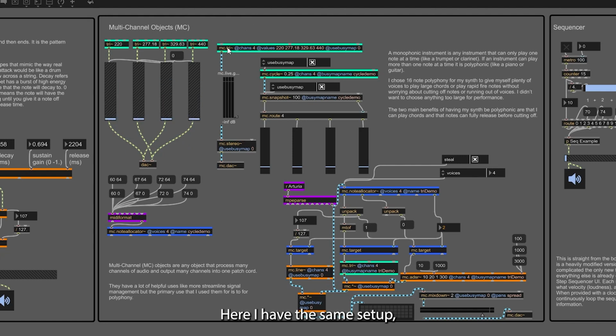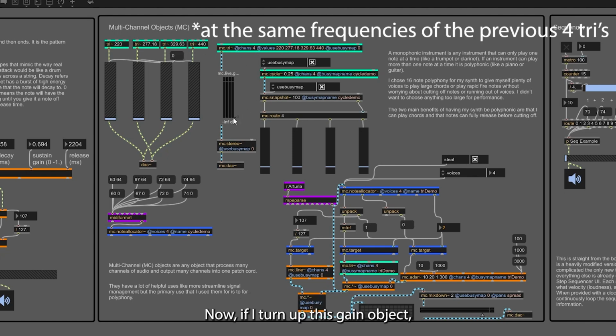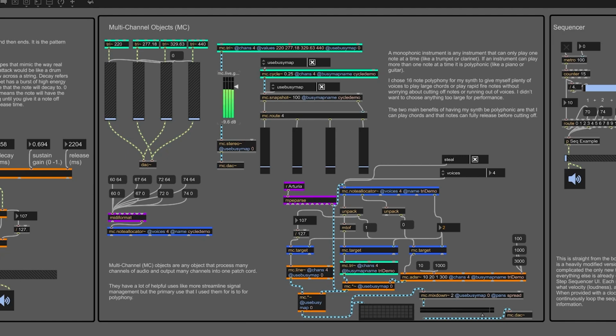Here I have the same setup, but instead of 4 tris, I have one MC tri object. This one object has 4 channels that can each have their own triangle wave at the same volumes. Now if I turn up this gain object, you can see that all 4 signals are carried in the one patch cord. It's going to one object and then to the speakers. This is very useful for polyphony as well as other